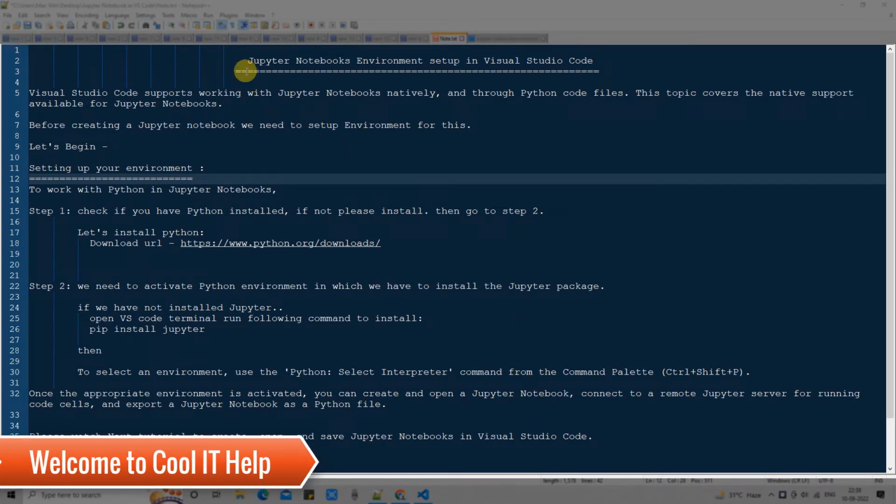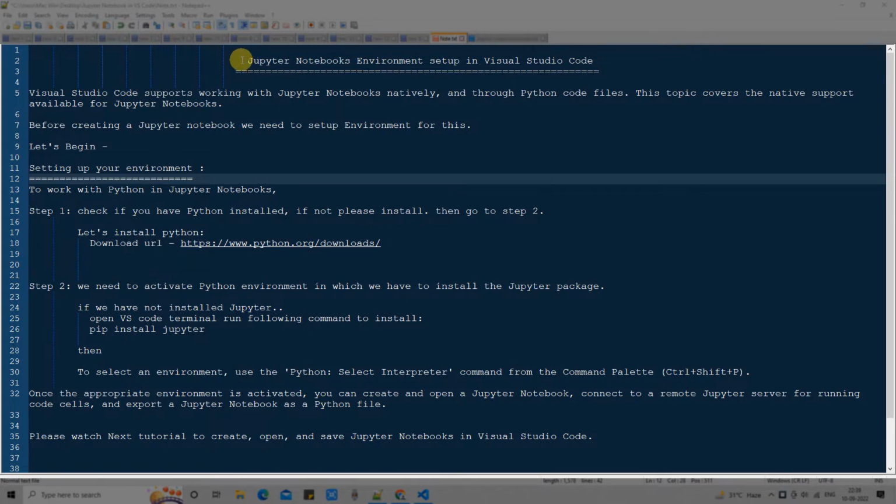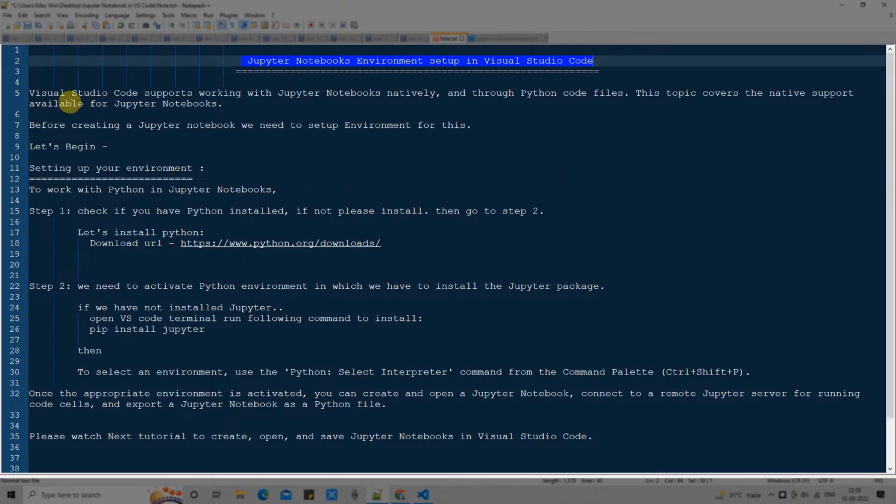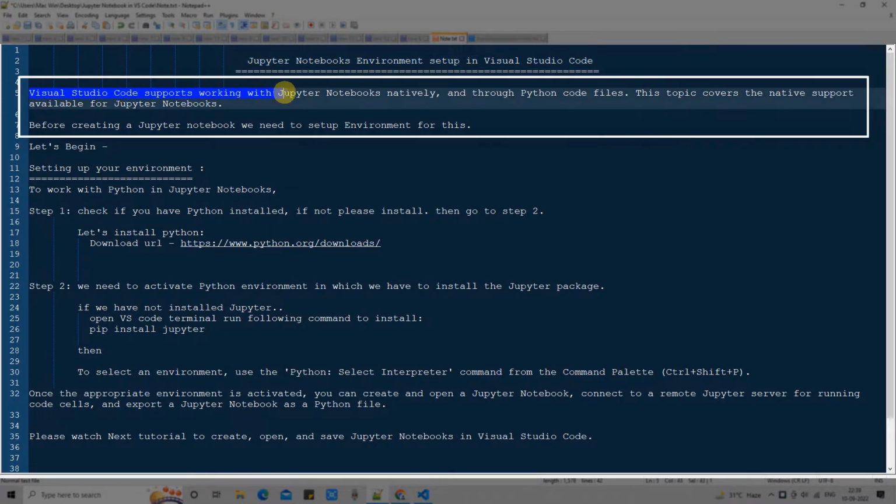This is Jupyter Notebook environment setup tutorial. So we are going to set up Jupyter Notebook working environment in Visual Studio Code. Before we start, I want to tell you a few things about Visual Studio Code. In Visual Studio Code, we have native support for Jupyter Notebooks and Python code files. So in this tutorial session, we will cover the installation of the Jupyter Notebooks environment in Visual Studio